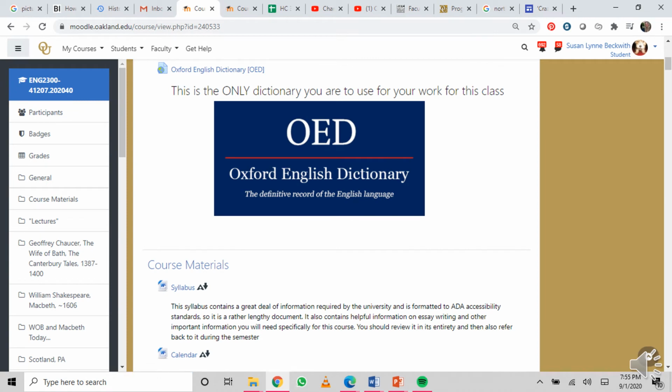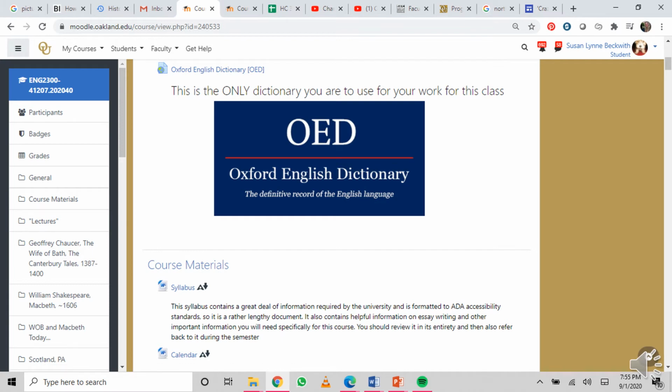Just beneath that, you'll see a link to the Oxford English Dictionary. This is the only dictionary you should be using for your work in this class. And that's because it is, as it says, a definitive record of the English language. And this will become especially important when we're dealing with texts going back to the 1300s, but it's important just for knowledge today.